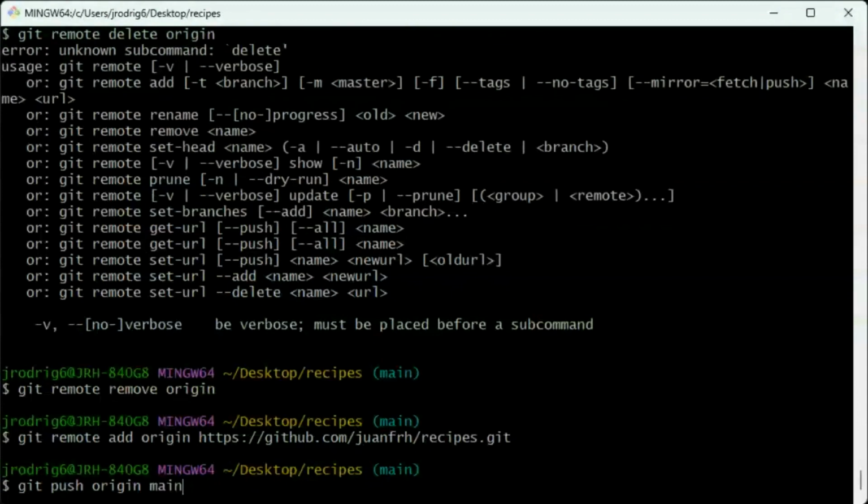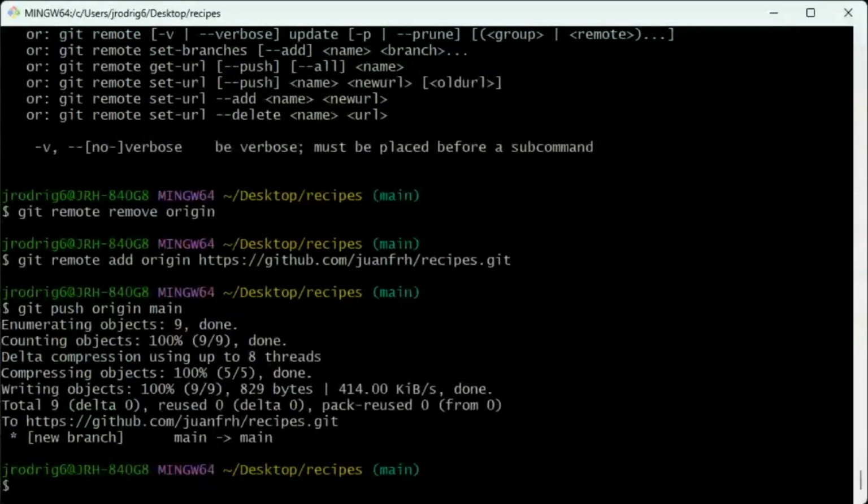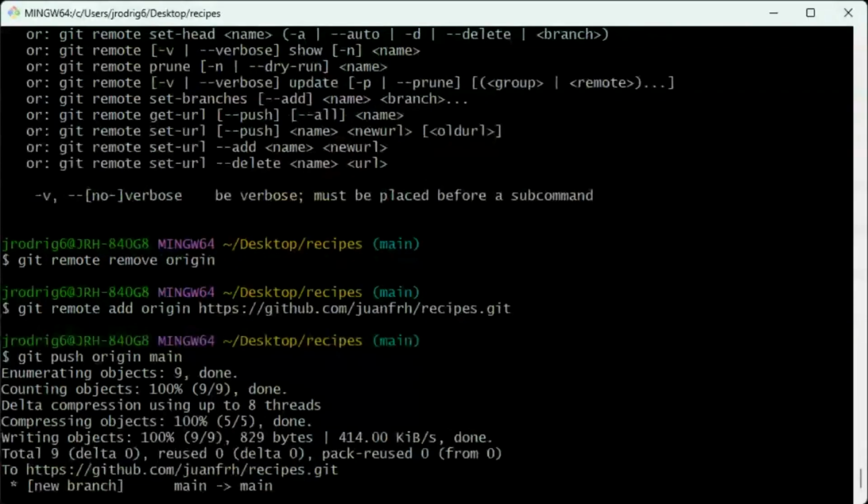Push origin. Oh, okay, it works with the HTTPS. Okay, fine. And now if we go to our repository here,